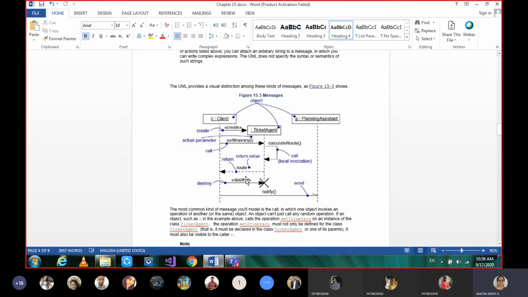That is what we show with the destroy action here. Now in this scenario, I want all of you to concentrate on create and destroy. The first message is a stereotype given for an interaction, which means it is creating an object. And here it is destroying the object. Whoever is the creator is also going to destroy.